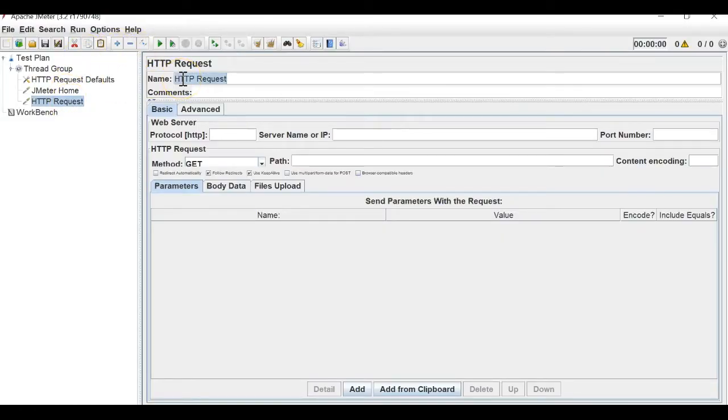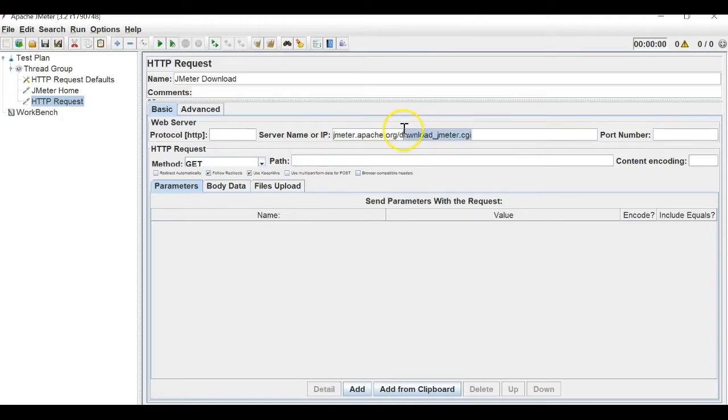So I will name it JMeter download API, right? And this is my server name and this would be my domain, and the next is the